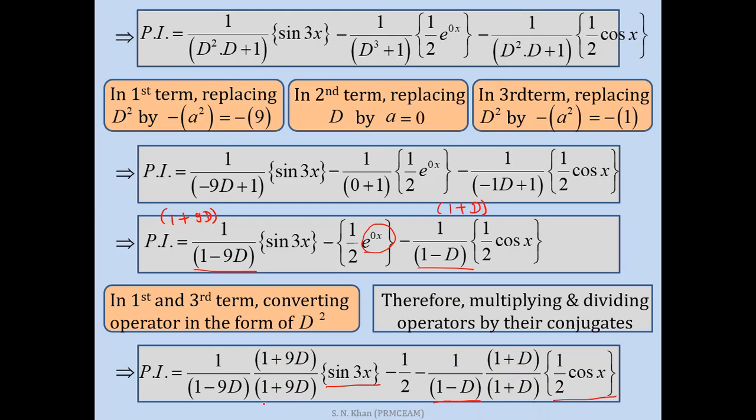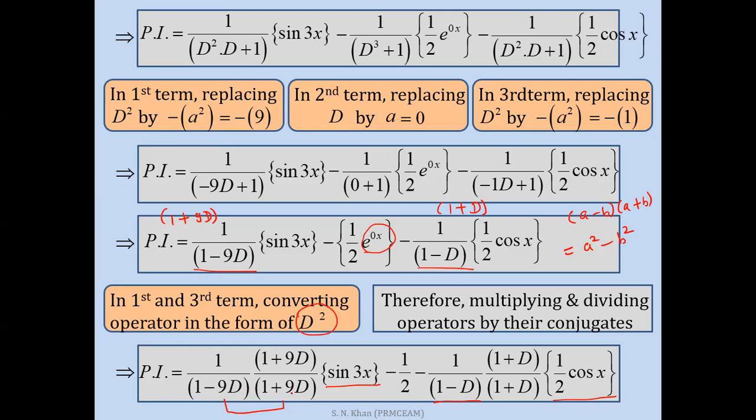Numerator it is 1 plus 9d, here numerator it is 1 plus d, but denominator को अगर चेक किया, so here in denominator we are having 1 minus 9d into 1 plus 9d, it is in the form of a minus b into a plus b, and a minus b into a plus b, it is nothing but expansion of a square minus b square, means हमें स्क्वायर के फॉर्मेट में टर्म आ जाएगा जो हमें चाहिए था। हमें d square के फॉर्मेट में टर्म चाहिए, तो 1 minus 9d into 1 plus 9d, it is in the form of a